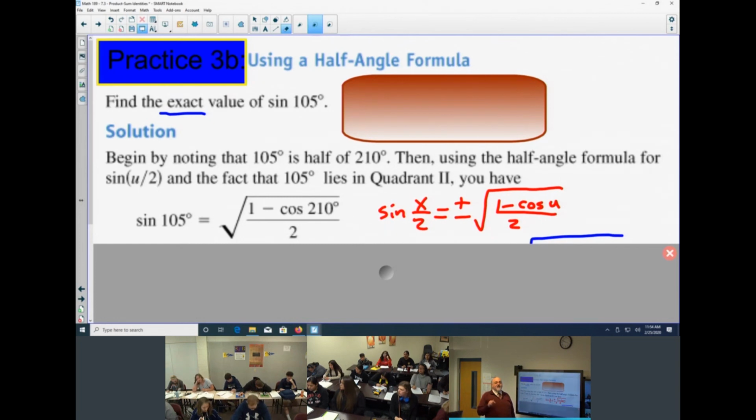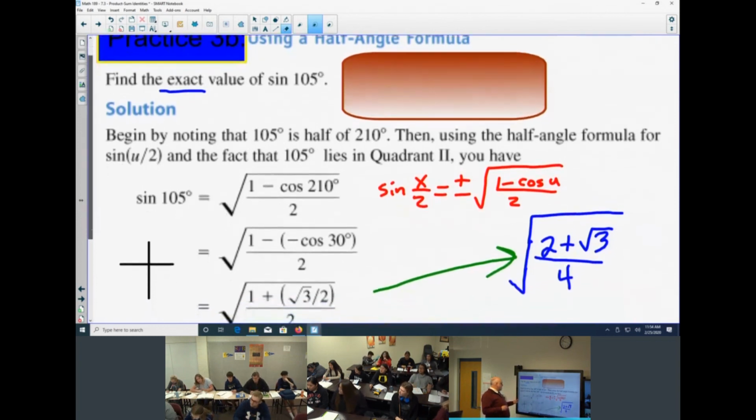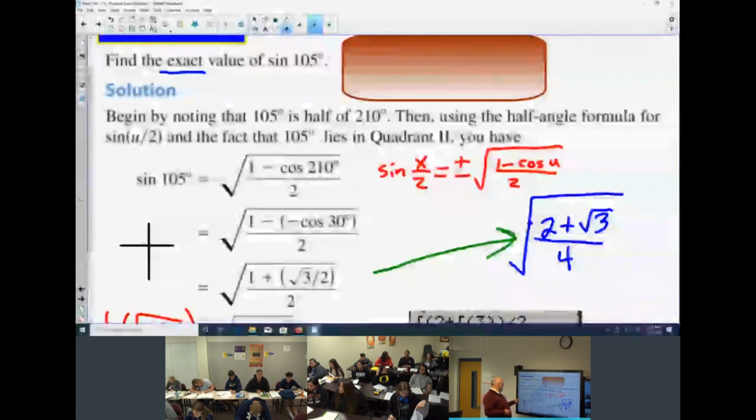So the x value there. Negative radical 3 over 2. So it's 1 minus a negative radical 3 over 2. So that becomes plus. So 1 plus radical 3 over 2. Then you do the same little trick where you multiply everything by 2. And then you're going to get